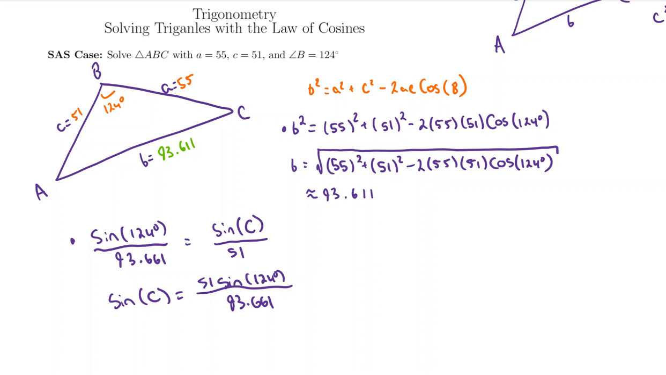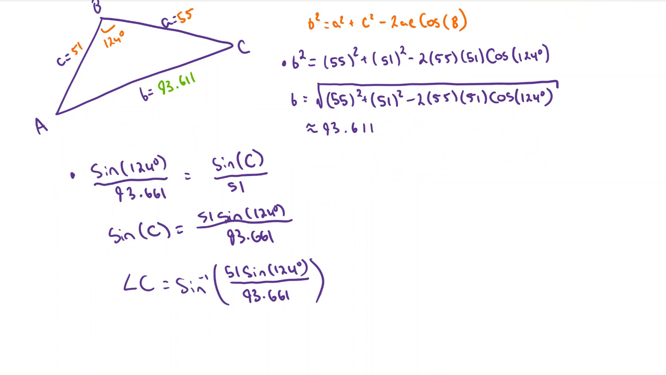I'm going to apply inverse sine to both sides of my equality to give me sine inverse of 51 times sine of 124 degrees divided by 93.661 should be equal to angle C. And you'll just plug this into your calculator if your teacher gives you one to get angle C being approximately 26.835 degrees. So I'll go up to my picture here and write in a